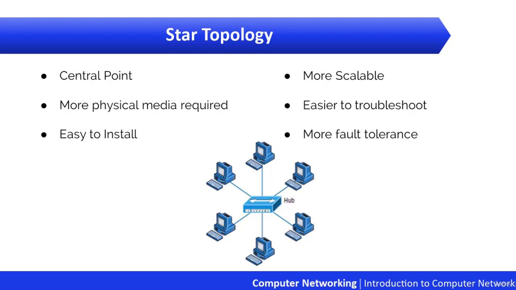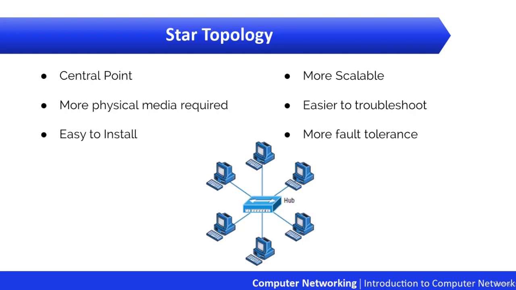So to sum up the star topology, here's a list of benefits you gain by going with it. New stations can be added or moved easily and quickly. Then a single cable failure won't bring down the entire network as it did in the case of bus topology. Then star topology is relatively easy to troubleshoot, but there are also a couple of disadvantages to using a star